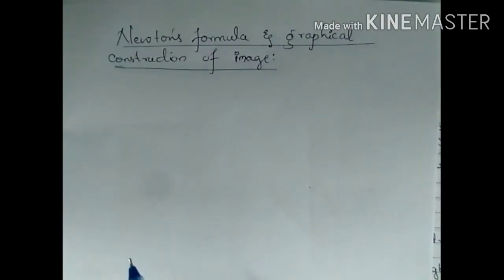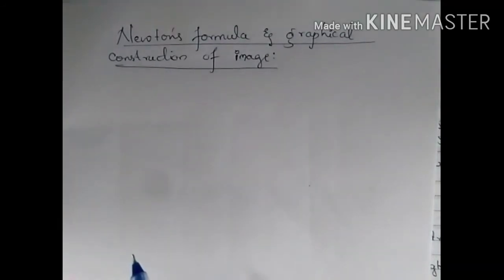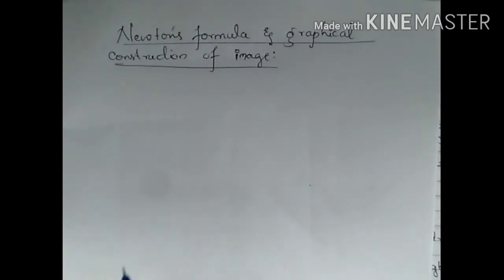So in this section we will understand how the image of an object which is placed on the principal axis of the optical system, and how the rays that get refracted from the object form an image. So we'll learn how to construct the image from the object that is present on the principal axis.